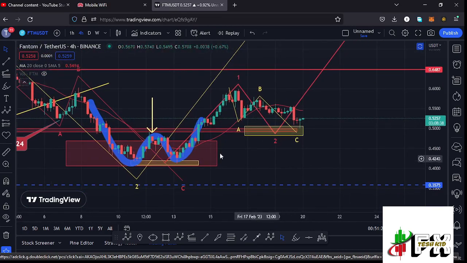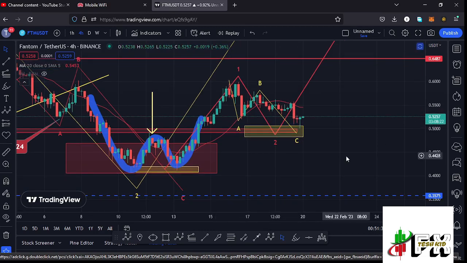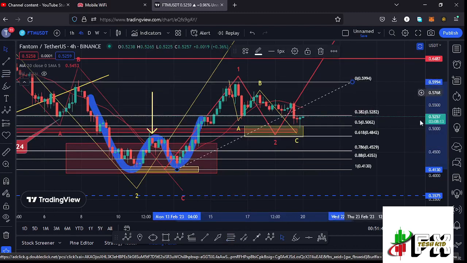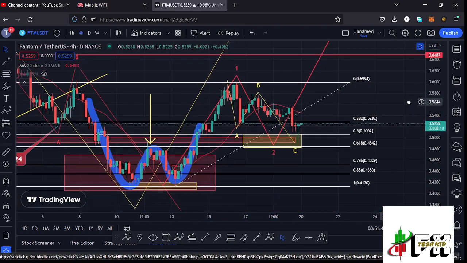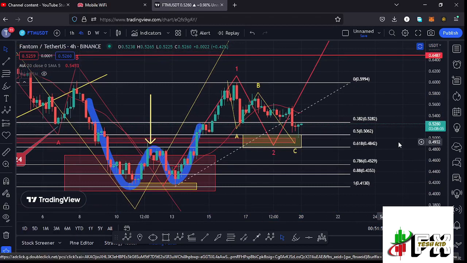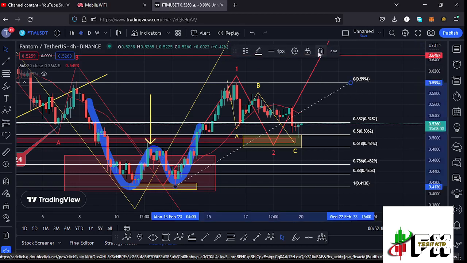Here on the 4-hour chart, you can see that after making our low at around the $0.41 mark, we started this massive bounce to the upside, making a peak at around the $0.6 mark in what I'm terming as that first wave to the upside. And after seeing the high for that wave 1, we expected a corrective structure in the formation of a larger ED12 count 2, and using the Fibonacci's, connecting them from the low of the first wave to the high of that wave 1, I was able to come up with a minimum target area to the lower side in the formation of that wave 2 between the fib level 0.5 and the fib level 0.618, and that lies between the $0.5062 mark and the $0.4842 mark,